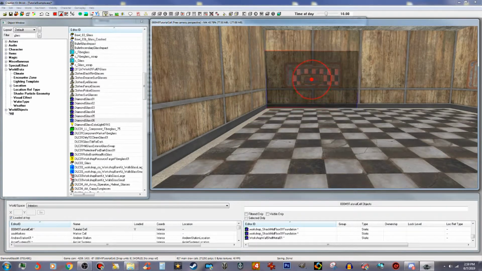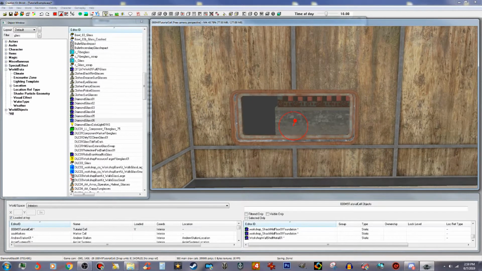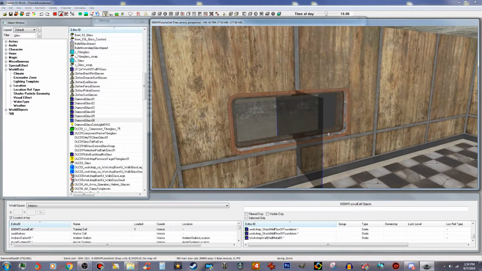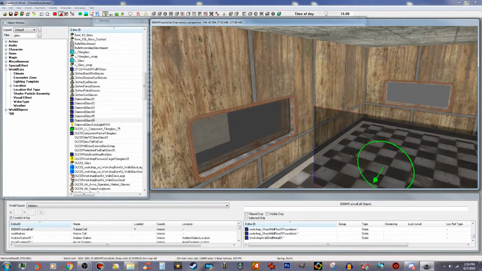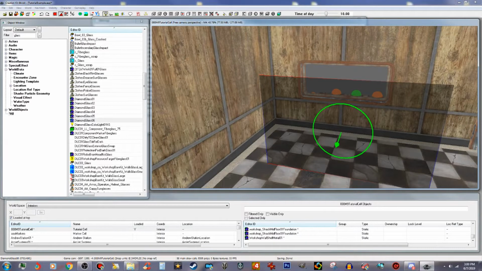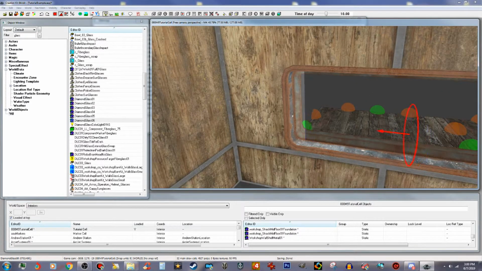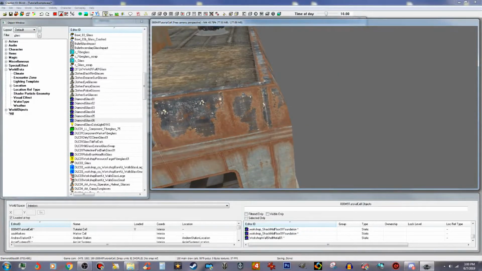And then I'm going to move this right across. And I'm going to duplicate that again. I'm going to put this window in the front right here. And that will give us glass in our windows. Okay. Now, if you've done...